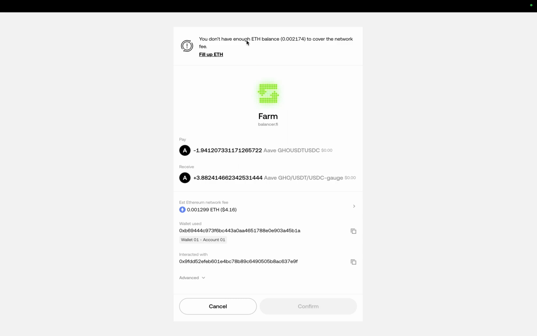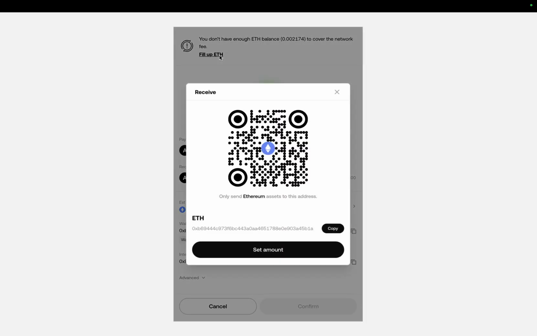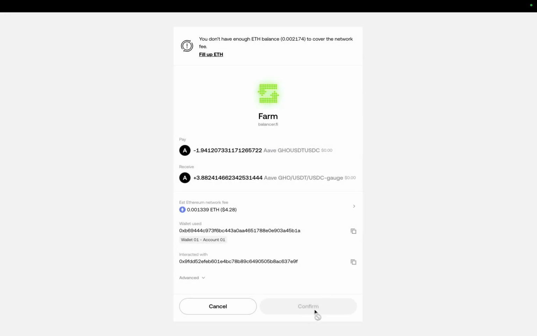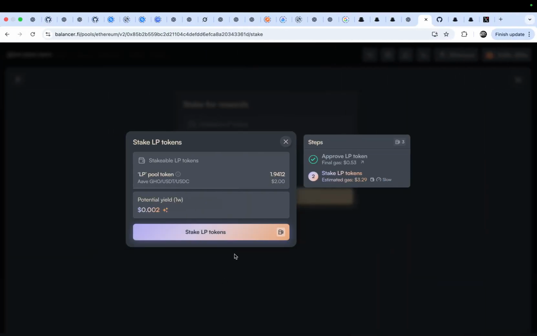Why? I don't have enough ETH balance. I need to add some ETH token. So I will experience this function next time.